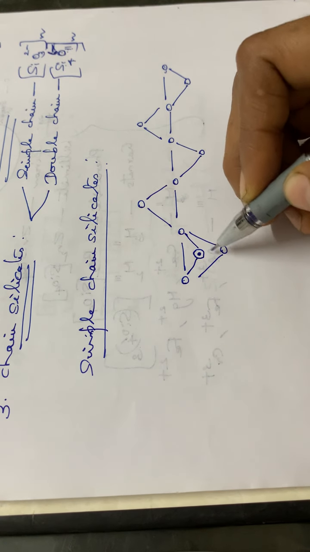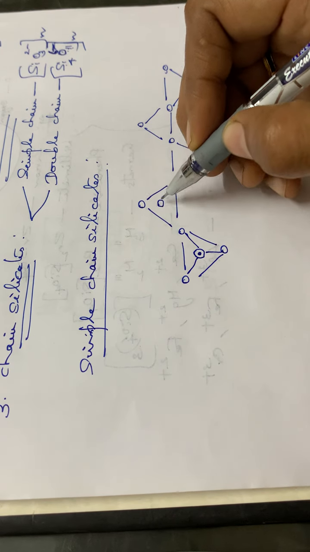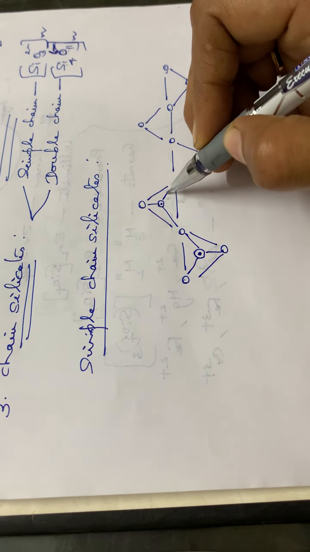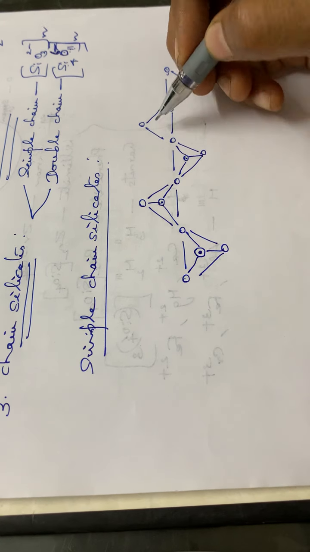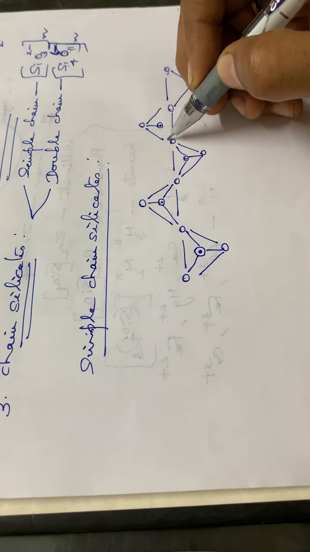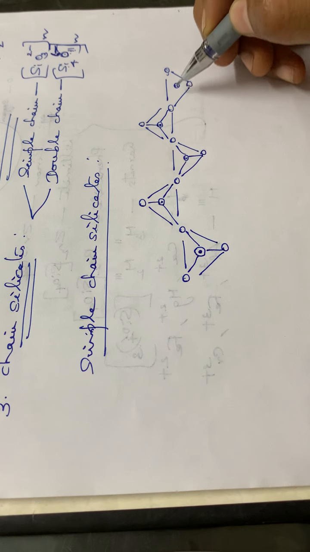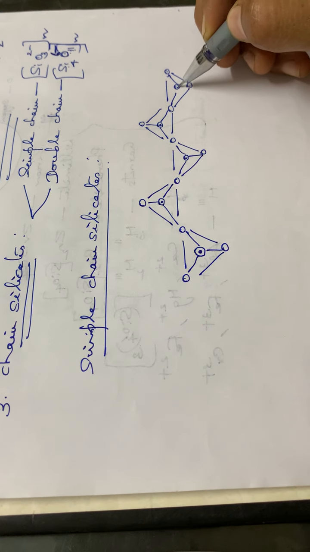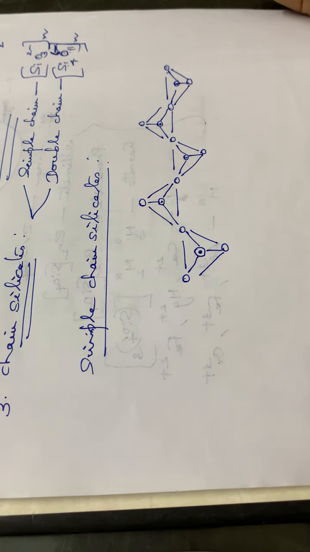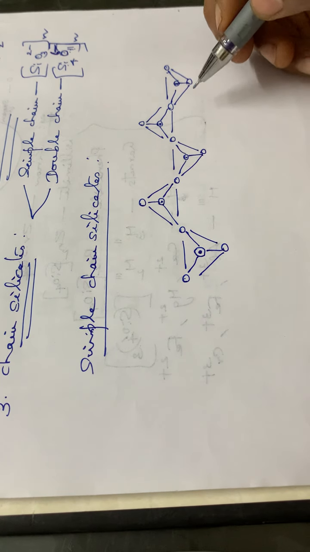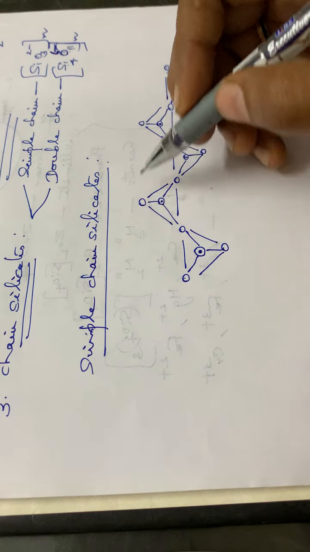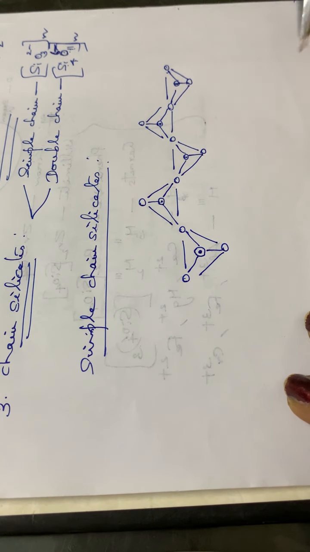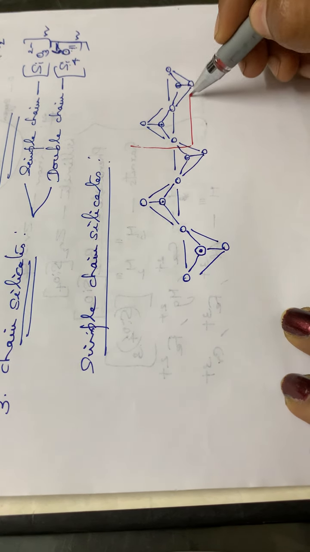In this way you have to draw the structure in your lecture notes also. So this is an example for a simple chain silicate. Considering one tetrahedron,